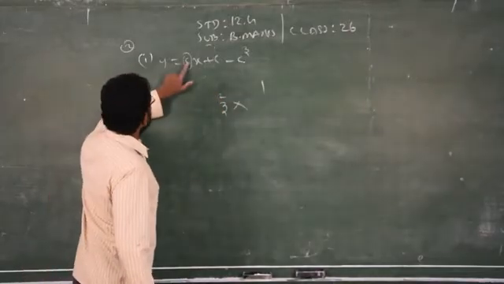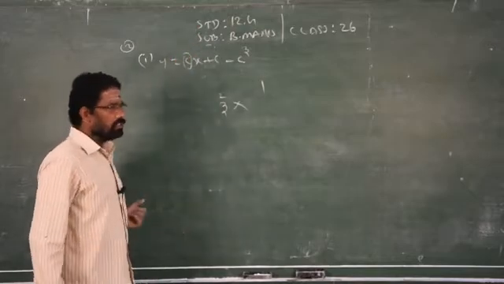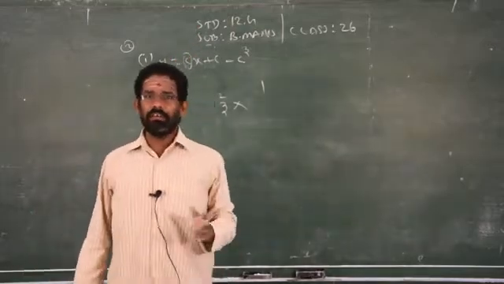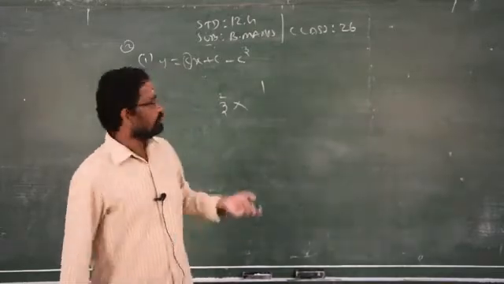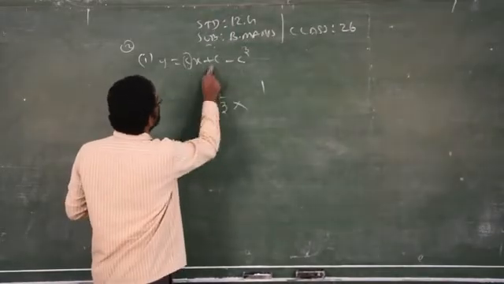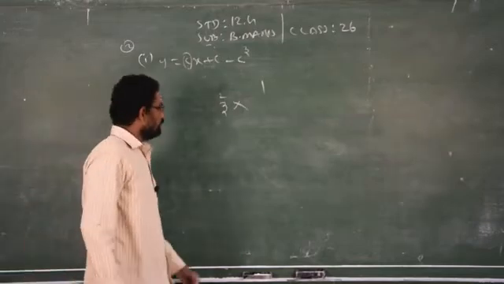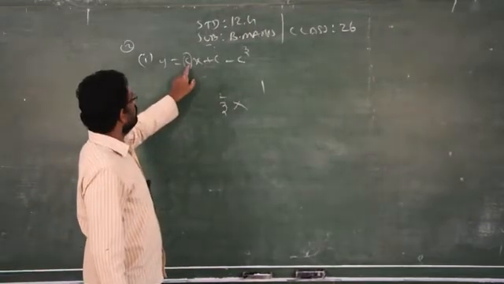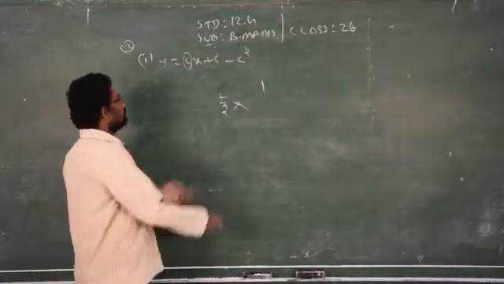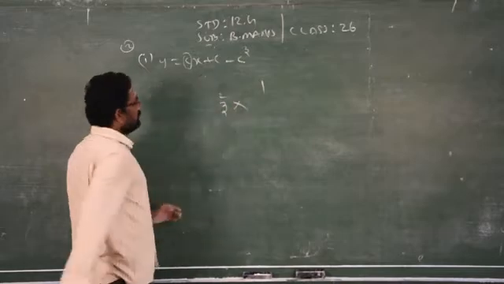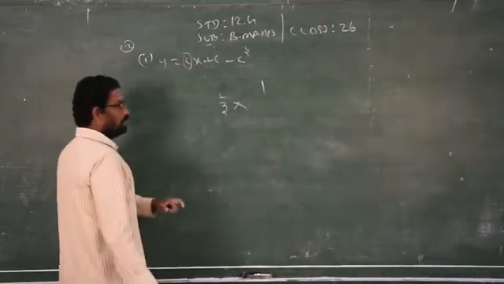Only C. If the C has power either 1, 2, 3, whatever, it doesn't matter. My question is how many constants. I did not ask how many constants have different powers. Clear? So only one constant. If you say 2 constants or 3 constants, your answer is wrong. Because some of the boys may say that they will consider C is one constant, C cube is another constant. So they will say that the answer is 2. Some of the boys may consider all the 3 terms consisting of C, therefore 3 constants. Both are wrong because all the 3 terms consist of only the constant C.